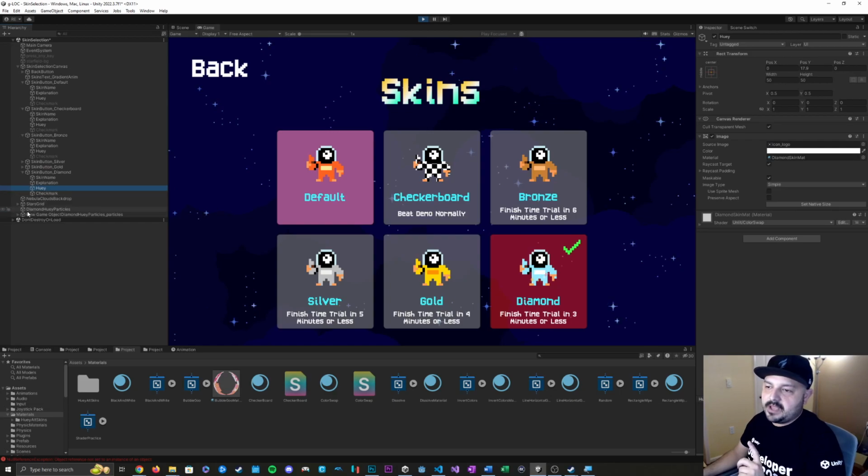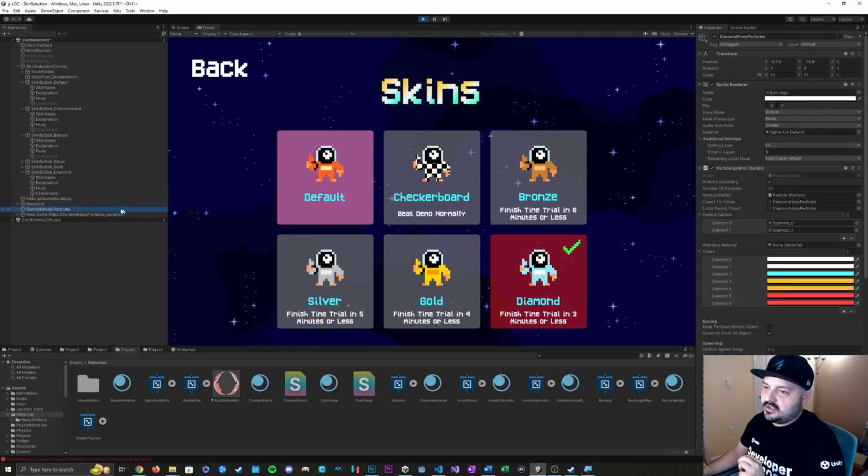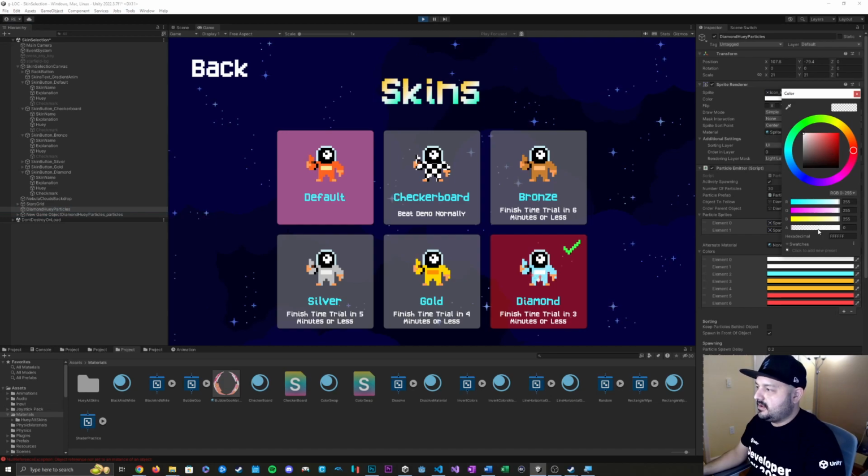So the thing is, I made actually like a dummy, invisible sprite here that carries the particles. They're not directly on the UI element themselves. The thing is, my particle emitter has not yet been made to be compatible with UI objects. And since I was kind of trying to get this update out pretty quickly, I came up with a little hacky solution here. Instead of adding compatibility with UI to my particle emitter, what I did was I added this